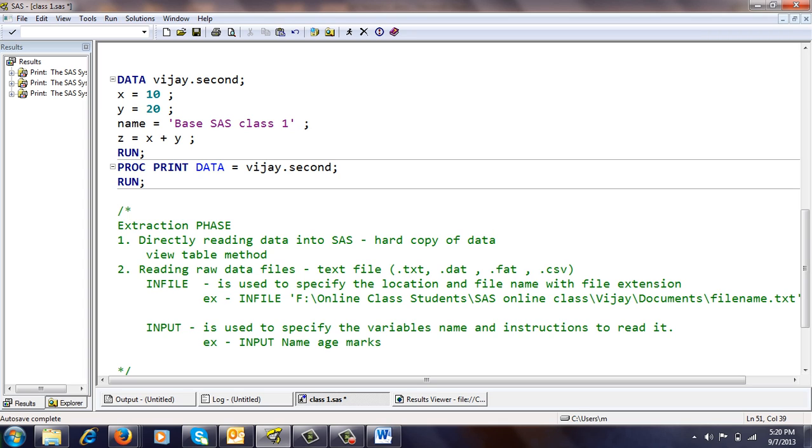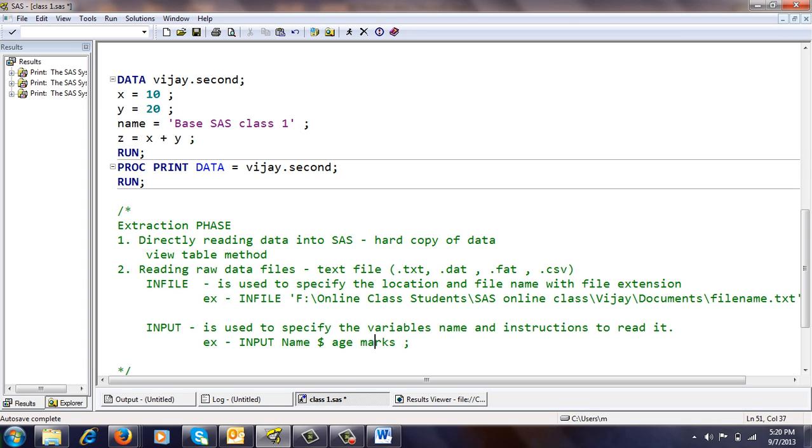marks, and then semicolon. Now here we have to differentiate numeric variables and character variables. So to differentiate between numeric and characters, for the character variables, we put a dollar symbol after their name. For numeric, no need to put any symbols.